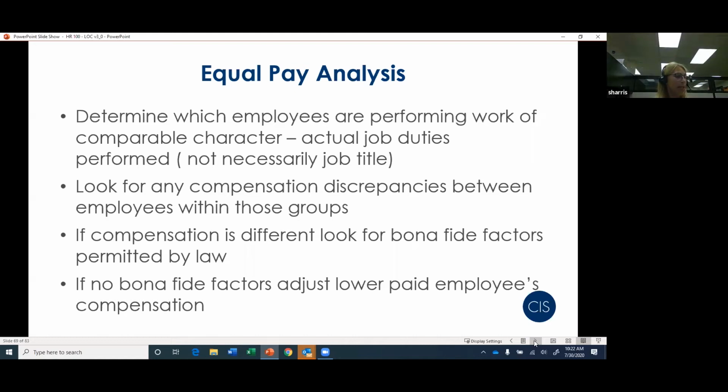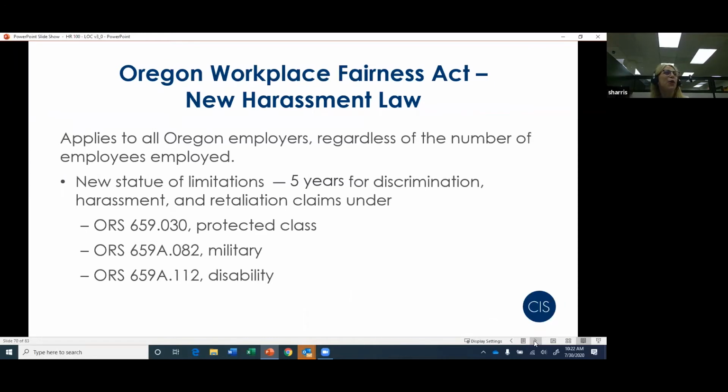So in order to comply with this law, you might want to do an equal pay analysis. This is something that CIS does not do. It's compensation, and we do not do compensation surveys, just to put that out there in case people start asking in the chat if we'll take care of that for you. Okay, another Oregon law,